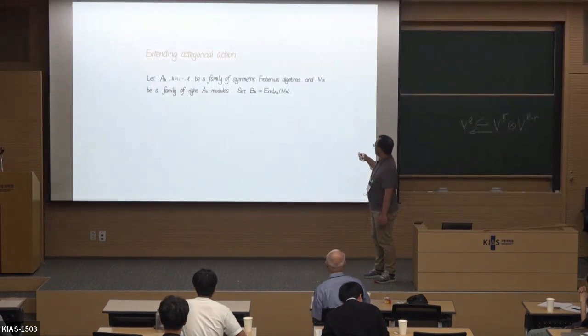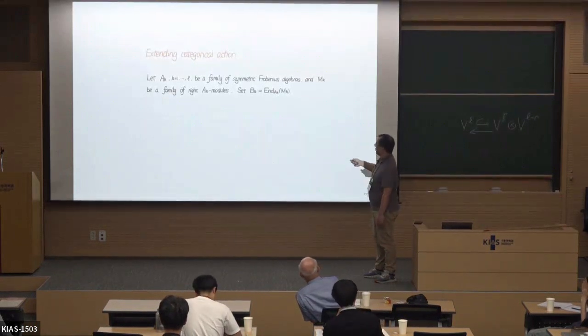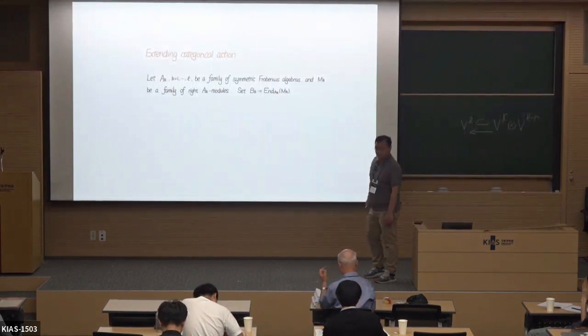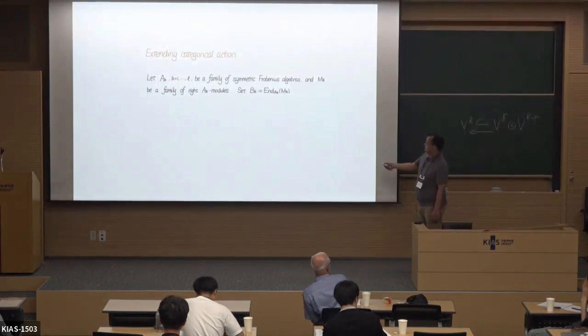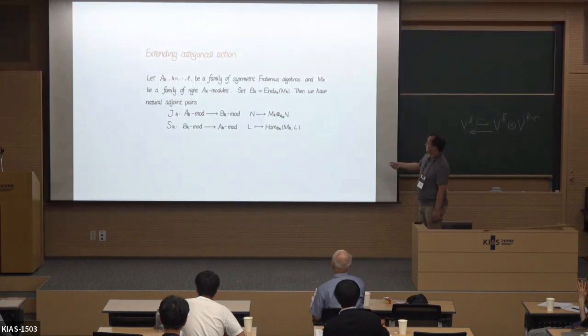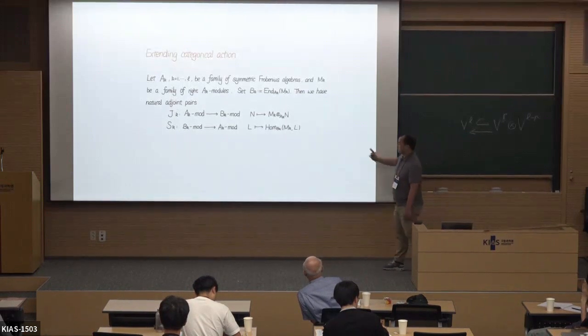And you have a bunch of modules over this ring. This is coming from some natural right modules defined over A_K. So we define the corresponding B side of the algebra as just the endomorphism algebra of M over A, so that this M is going to be a BA bimodule over these rings. Okay, and also suppose we have constructed categorical actions on this A_K, and this A side and B side are related by this natural